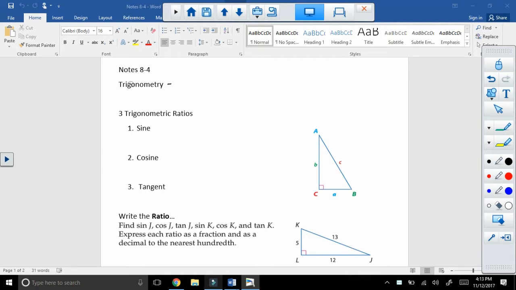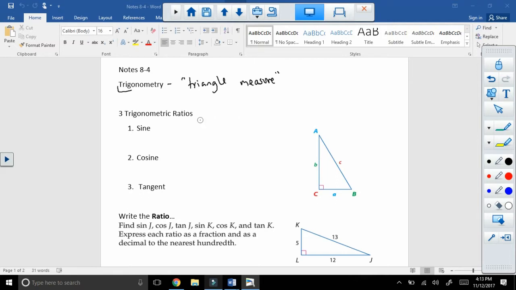The actual word trigonometry is broken into two. So trig means or refers to triangle, and metry refers to the measure. So what we're doing is we're investigating the measures of the triangles, and we are going to do that in